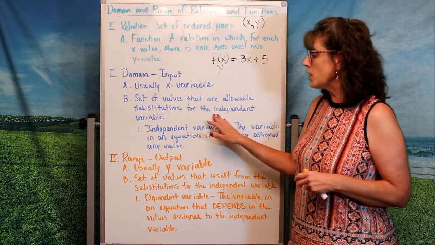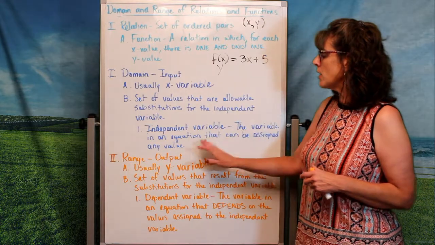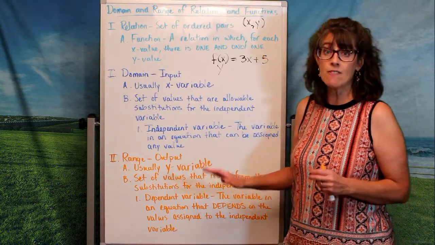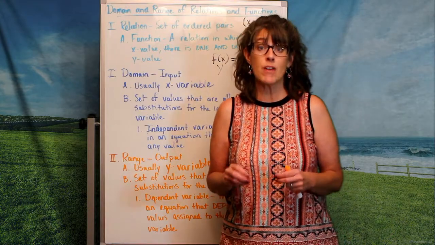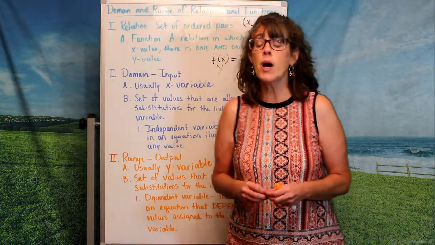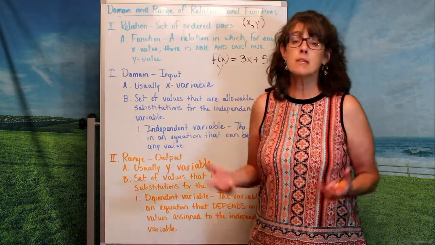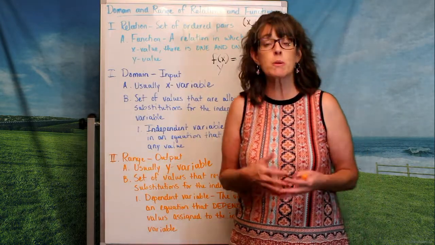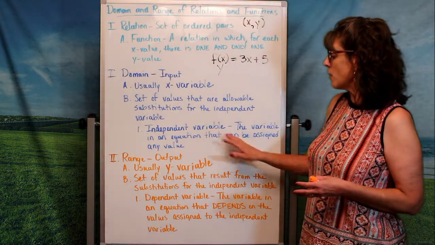Now, this word independent variable, what does that mean? An independent variable is the variable in an equation that can be assigned any value. So in other words, my x here, that is my independent variable. So it is the one that I can put any number in for. It doesn't matter what I put in there. Now, sometimes there'll be restrictions on it, but for the most part,